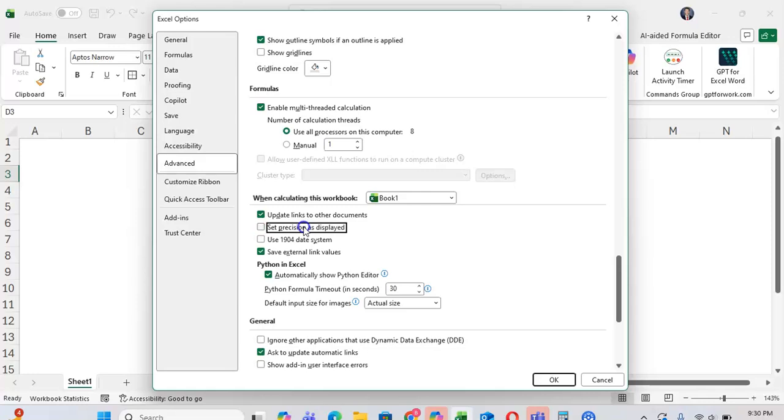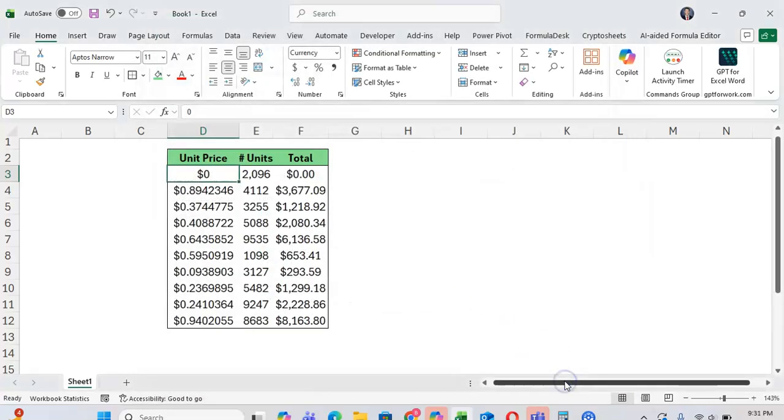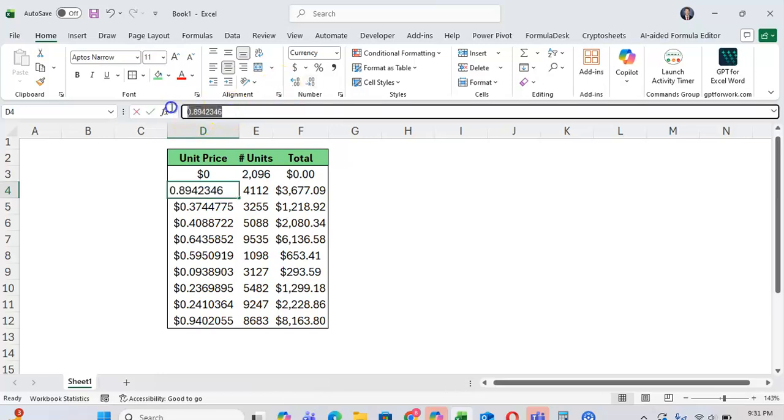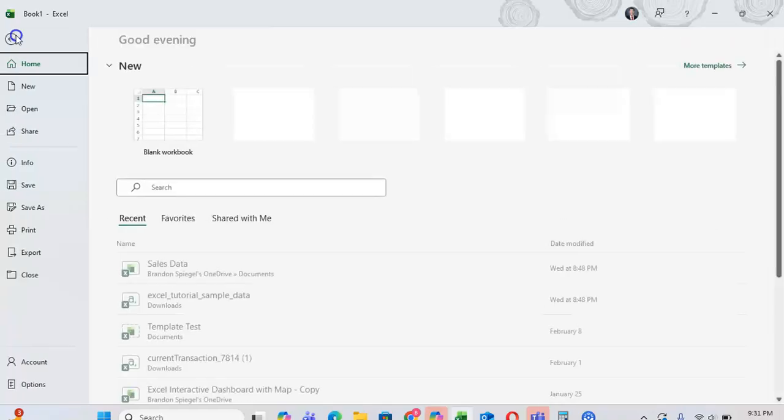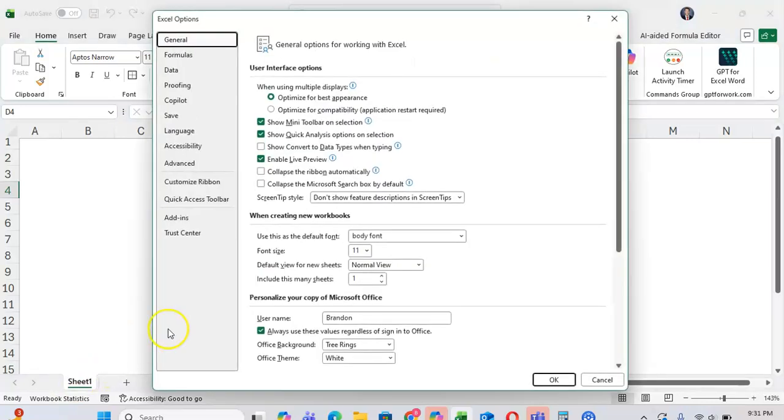To turn it off, uncheck this box, and Excel will behave like it normally does, and even if you round the data, the value in the cell does not change to be what is shown on the screen. As you can see, the value in the cell is 0.89, even though when rounded it shows as $1, so it's still accurate. But when the setting is turned on,